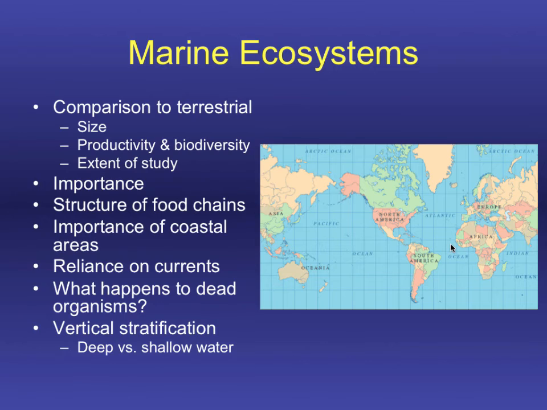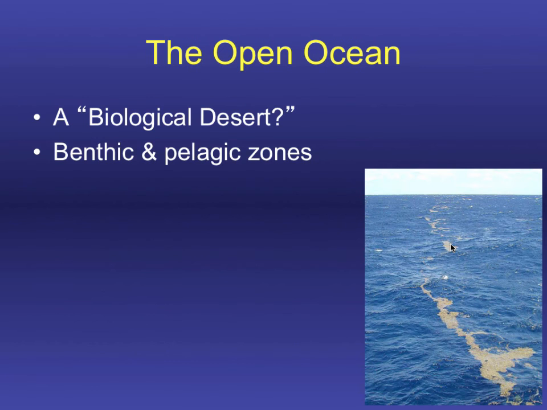So it's difficult to make a living even in 100 feet of water, much less several hundred or even several thousand feet of water in deep ocean. Photosynthetic organisms aren't going to have a chance at that depth, and most other organisms won't either. The things that do live down there are deep ocean specialists, things that live around thermal vents and utilize chemicals from the Earth's crust to not photosynthesize, but do other forms of autotrophism to make their own food. So the open ocean is sometimes referred to as a biological desert because